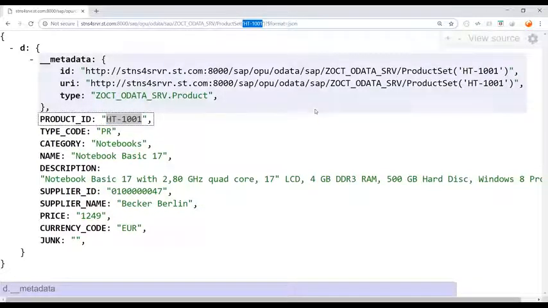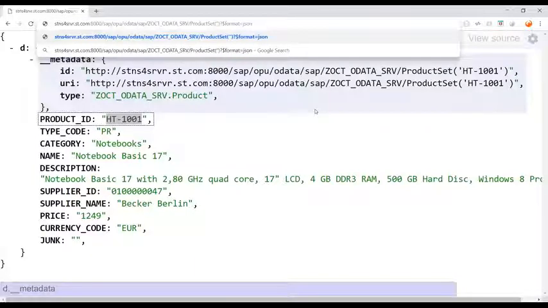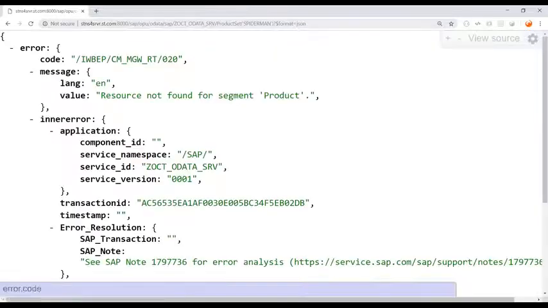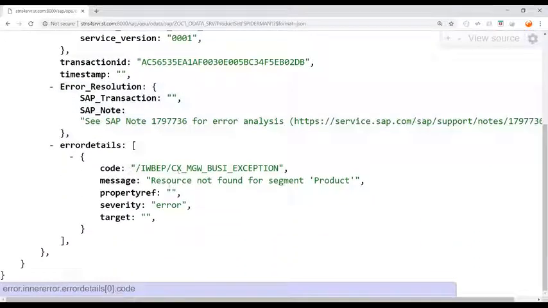There is a wrong product ID in the system. I'm passing a wrong product ID. I can say maybe Spider-Man. Do you think there is a product with Spider-Man as the ID? Anyone? Do you think in my database table I have a product with the name Spider-Man? No, we don't have. Press enter and you see it gives me an error related to some segment not found